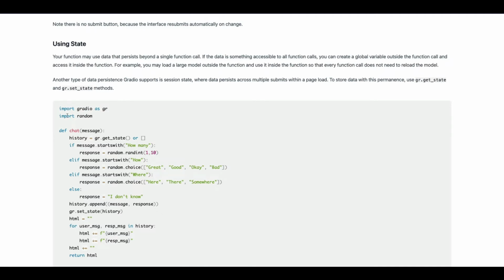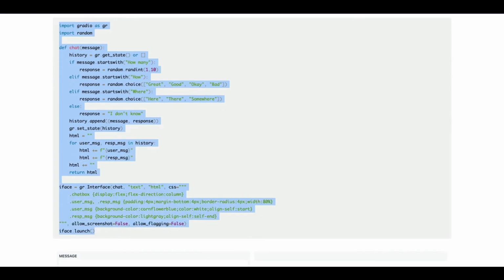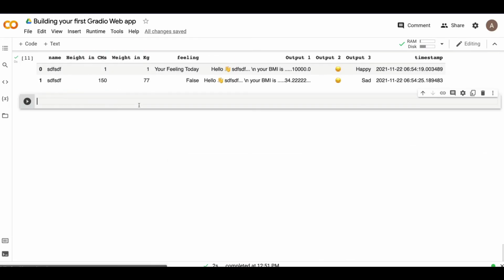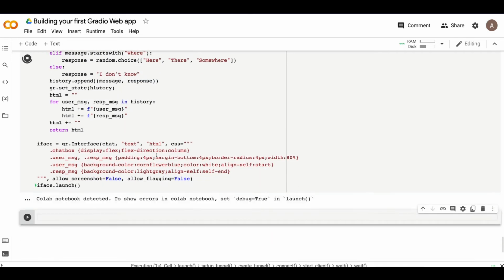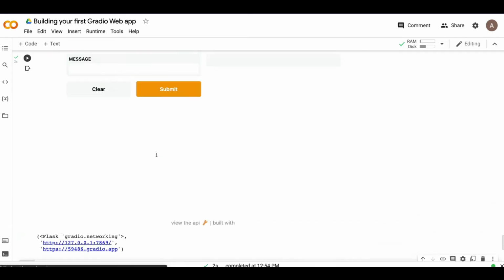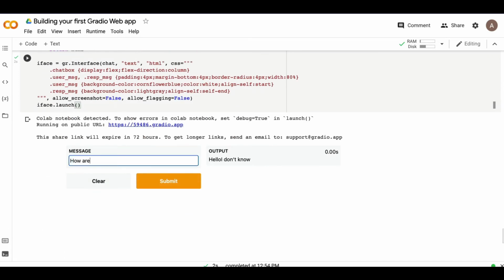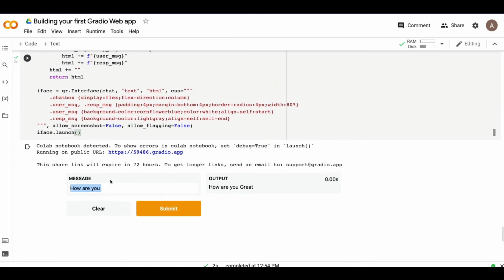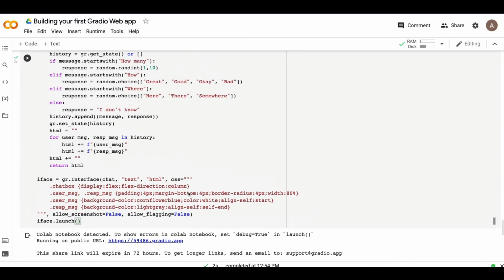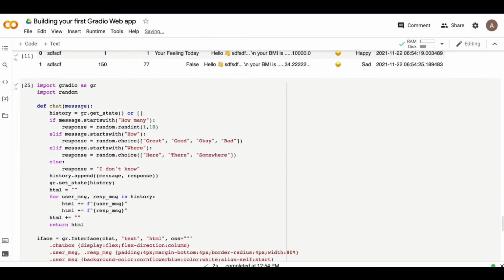Okay, so let's look at this demo quickly and see how it works. I'm running this, and again, like I said before, this is an example straight out of the Gradio documentation. The message is hello, and then I'm going to submit it. You can see hello. The next message is how are you, and then I can see how are you. So you can see the response here, right? This is important because you want the message to persist as well. That's why state is very important, and you can refer to the Gradio docs.